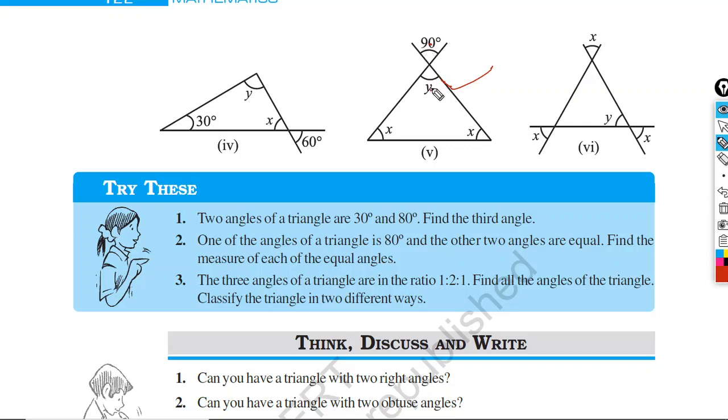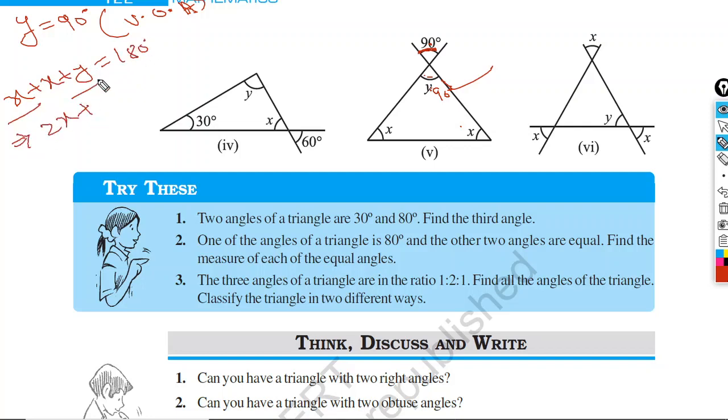Look at it. This angle is 90. So y will be here. y equals 90 degree. Why? Vertically opposite angle. Again, y plus x, y got 90. You know that sum of three interior angles is 180. So x plus x plus y equals 180. Right? x plus x is your 2x plus y,